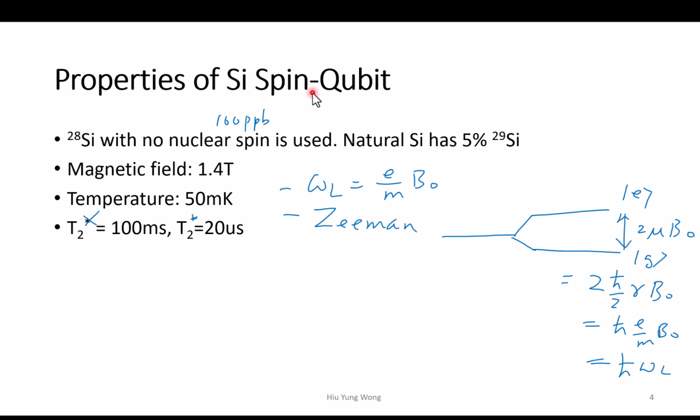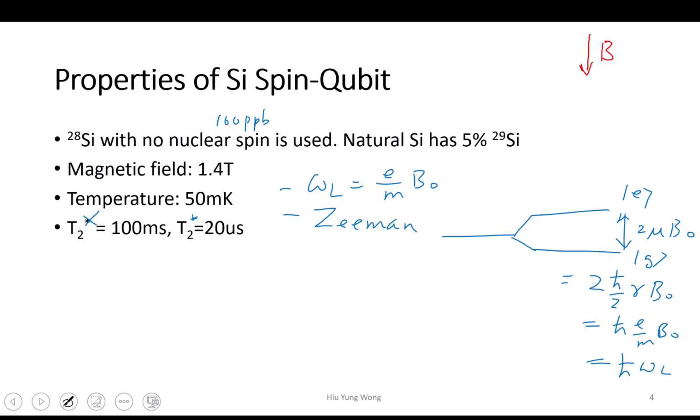Now, let's review what the silicon qubit is about. It's under an external magnetic field. In this case, I'm going to use 1.4 Tesla, and a temperature of 50 millikelvin. Last time I had a typo: this should be T2, and this is T2 star. We know that when you put it under the magnetic field, there will be a splitting in the energy. Remember, if the magnetic field is pointing down, this time I use pointing down,